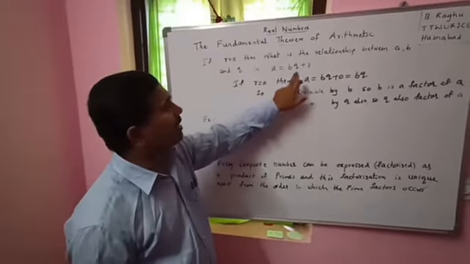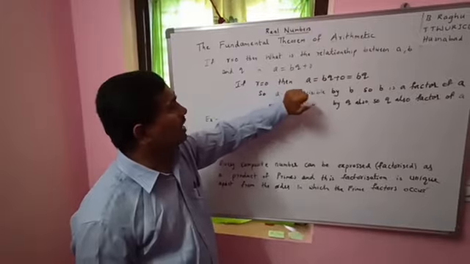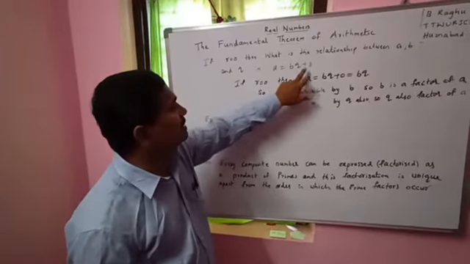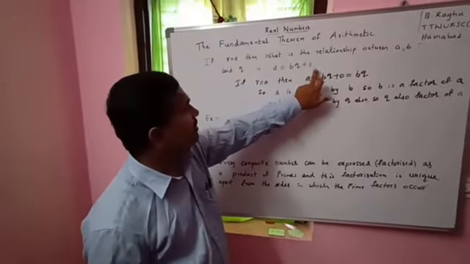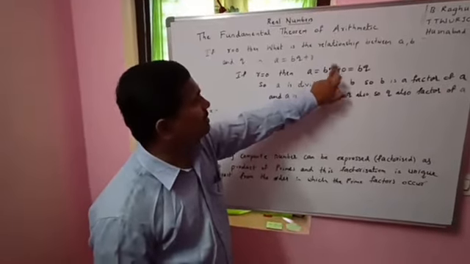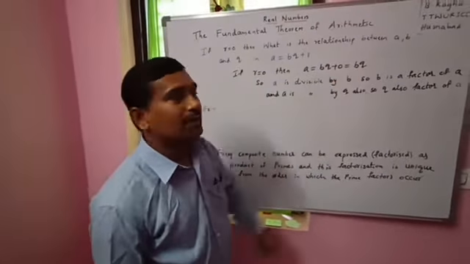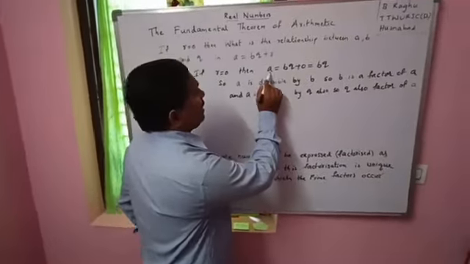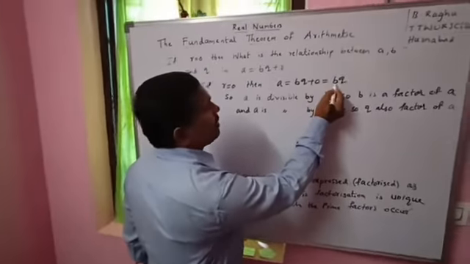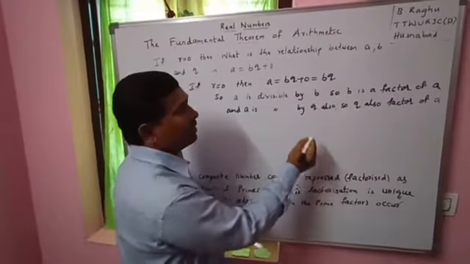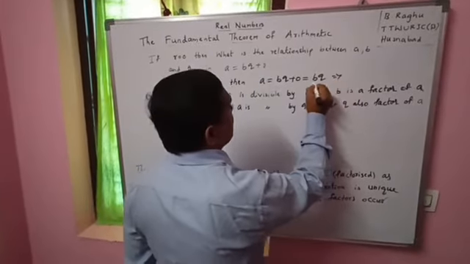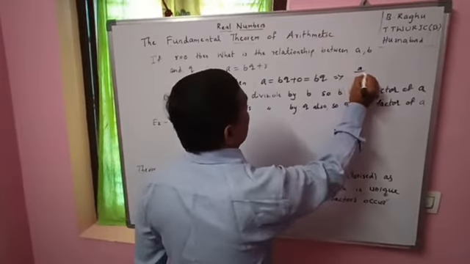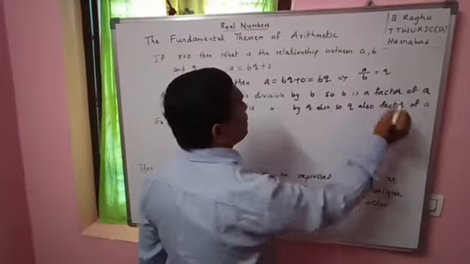In the Euclid division algorithm, if you take R equal to 0, what happens? Let us substitute R equal to 0 here. A equal to BQ plus R, right? R equal to 0, so that is BQ plus 0, that is BQ. That means the number A can be written as product of two numbers, B into Q. Take this B to the left side, that gives A by B equal to Q.